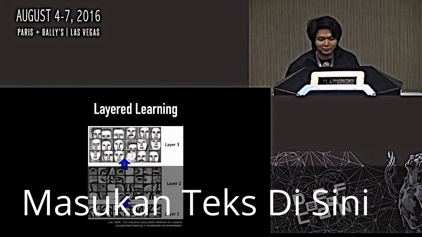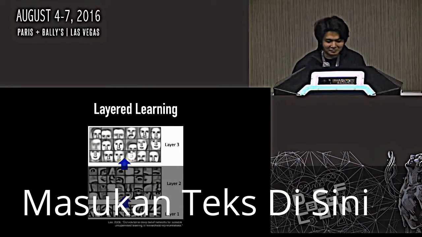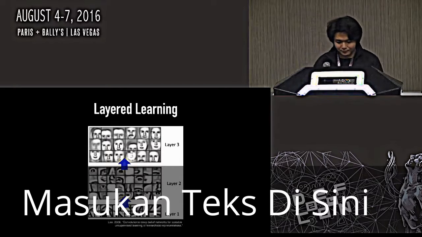This is an example for facial recognition, where the shallow layers are at the bottom here, and you're going up as you go deeper into the network. In layer 1, you're learning very fine features like the shape of your eyebrows, the shape of your eyelashes, and maybe the wrinkles in your face. As you go further down the network, because of the convolutions and pooling, you get more zoomed-out features like the shape of your eyes, the color of your eyes, whether you have a mole somewhere. And at higher layers, you get the shape of your face, more general characteristics of you, like whether you have a mustache or not.